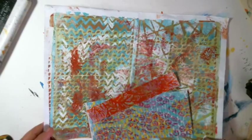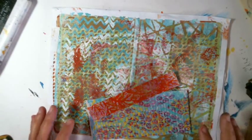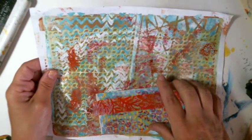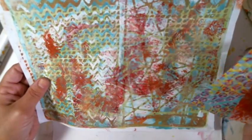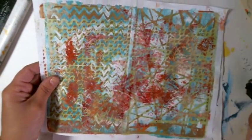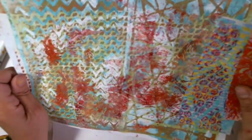Today I want to share with you the fastest way to make borders, and these are someone else's fancy paper that they've made, given to me in Happy Mail and whatnot, jelly prints and stuff like that. And sometimes you just don't know what to do with them. They're so pretty, but you have to use them, and tearing them, you can't bear it. Well, I was thinking of using them for borders,